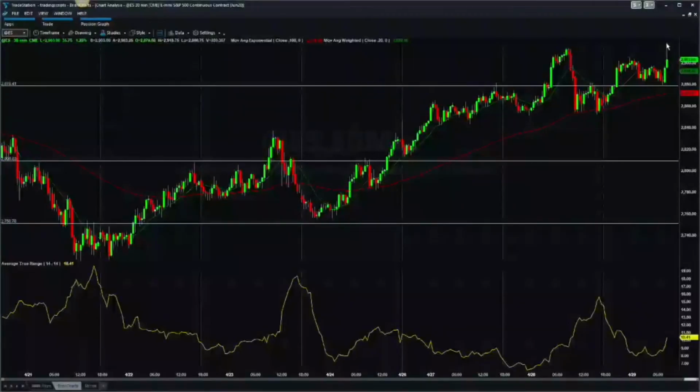So you're going to have ranges for your support or resistance areas, and ranges for your average trade range, and so on. But you can get a pretty good idea using the tools that are included without having to have anything coded for you. So that's one way of looking at average trade range to identify your initial risk,